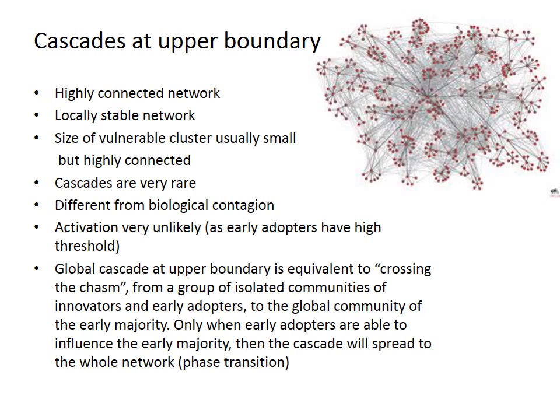So from this point of view, this is radically different from biological contagion, because here actually the more surrounded you are by neighbors, the more stable you are, at least in taking a certain decision between 2 states, A and B. So activation here is very unlikely, but if for certain reasons a critical mass or vulnerable cluster, basically a cluster of individuals that exceed the average threshold of that network, is achieved, then the contagion spreads as wildfire, and suddenly the whole network switches from A to B.